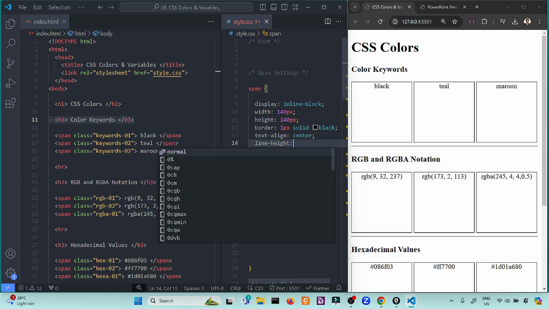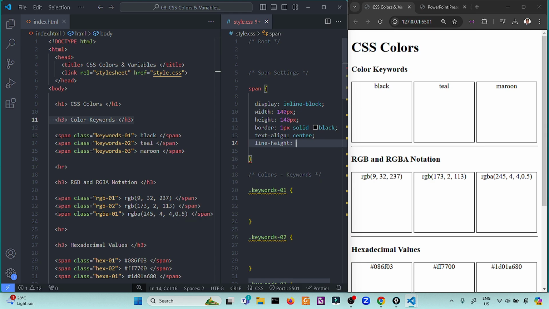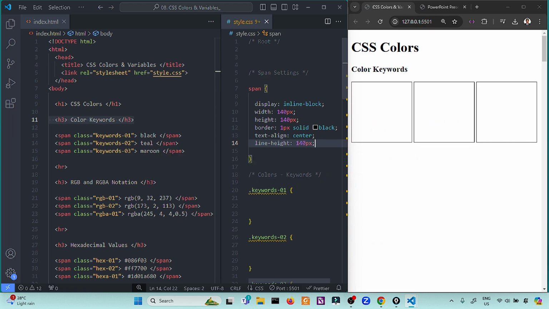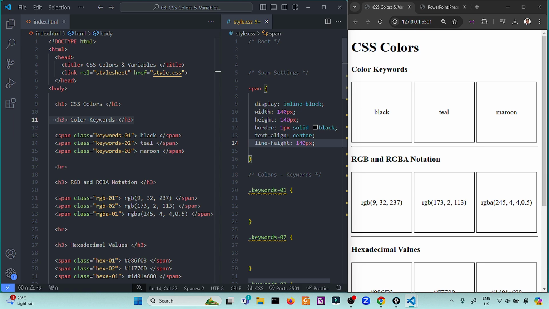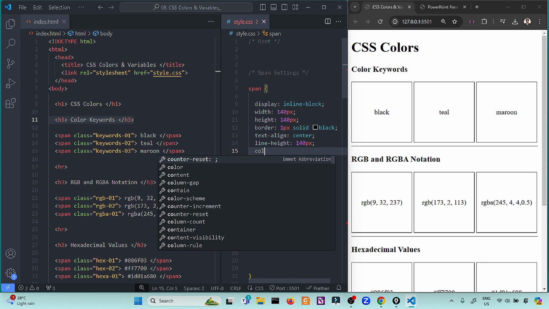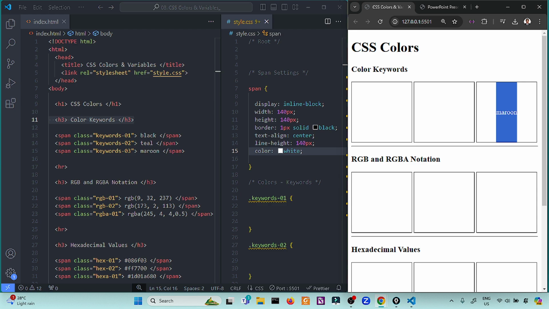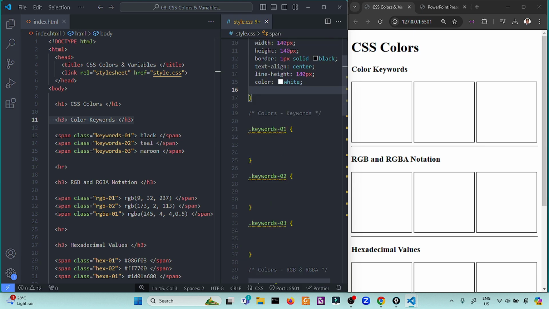I'm not recommending this for vertical alignment, but if you're using this to center vertically, you must match the height of the element, so 140 pixels. Then this span will have a color of white, but since the background is white, we cannot see the text anymore. But our topic is color, so that's why we will create some colors.